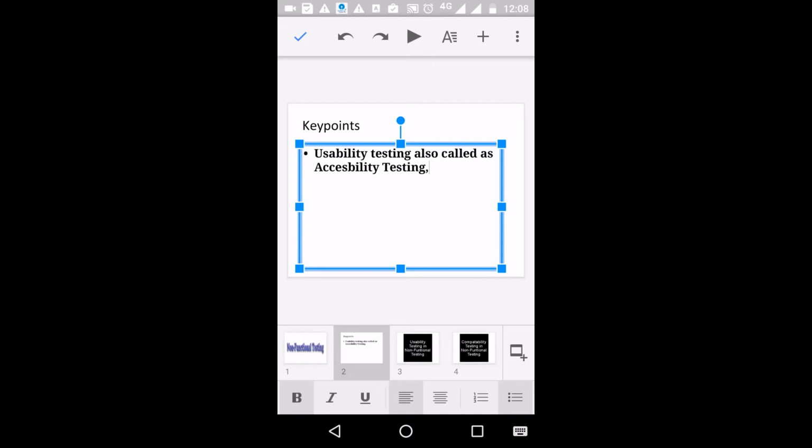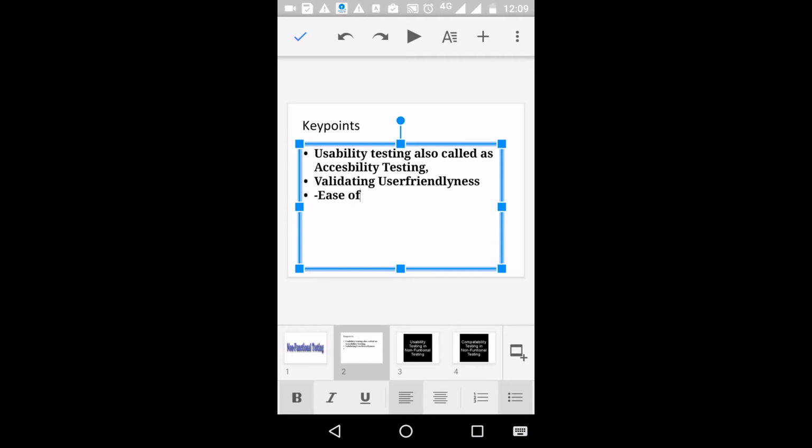In usability testing, I am going to continue with a small example. Before that, in this usability testing, Scrum team testers are going to perform tests on the sprint or software for validating the user friendliness on the corresponding sprint. Validating means validating the user friendliness. User friendliness means three points you need to note here.